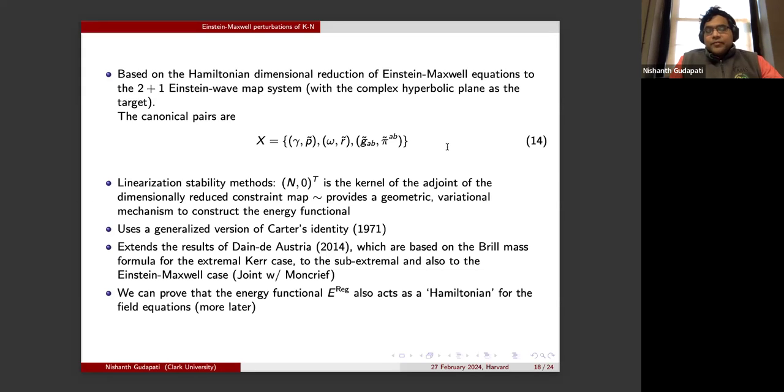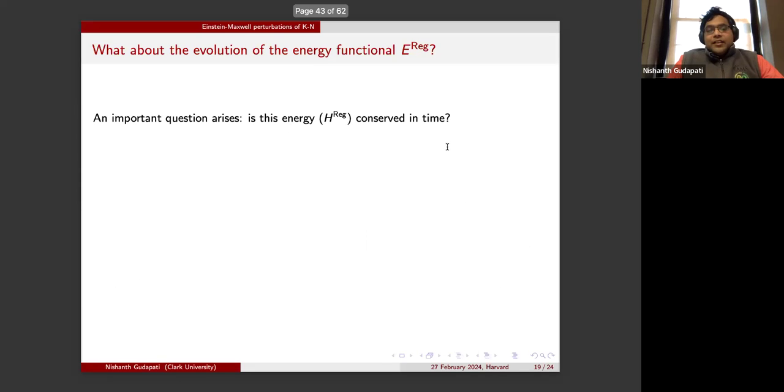Okay, so I have a few comments about how we prove that this transformation doesn't tamper with the conservation law, and how the energy is still strictly conserved even after we do these series of transformations involving these variables. And that's what I'll talk about in the next few minutes.